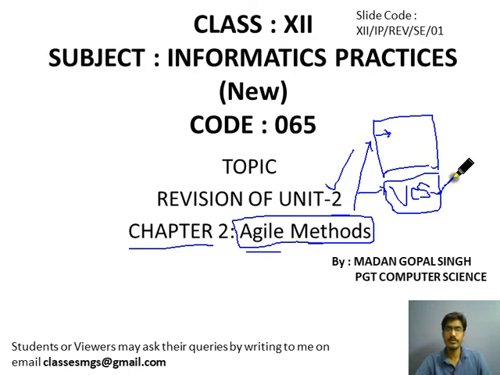We will discuss two types of version control system here: distributed and centralized. Next, in this same chapter we will discuss another important concept that is used for architectural or software design, that is use case diagrams. We will discuss how use case diagrams can be created, and we will see one example of a use case diagram at the end. So we will cover these topics. Let's get started.